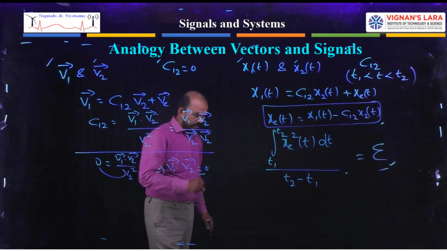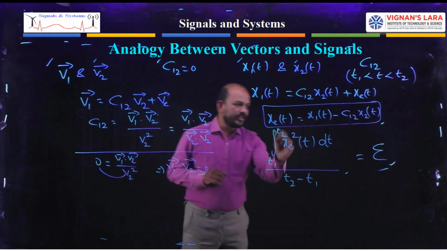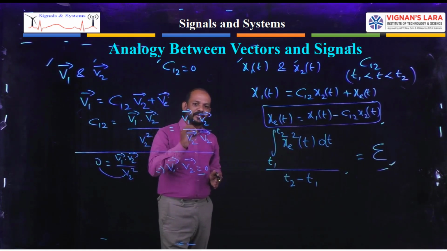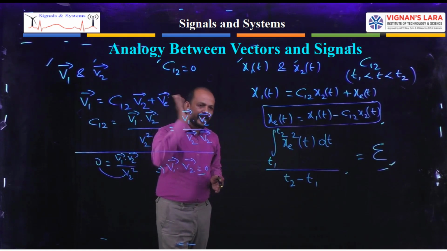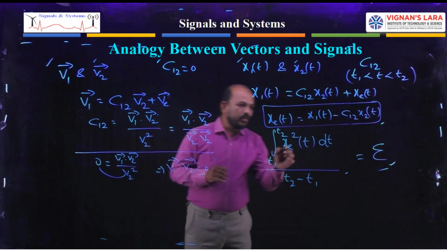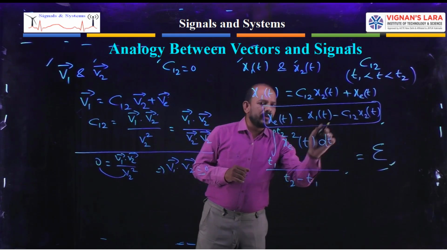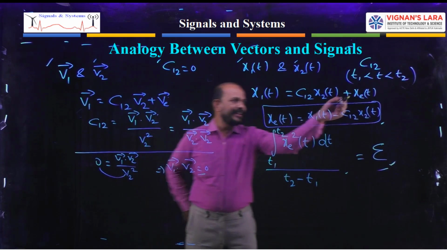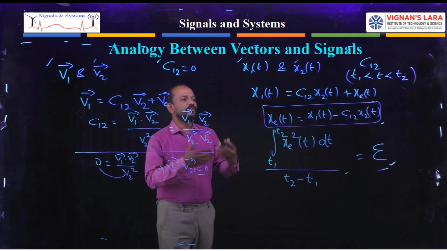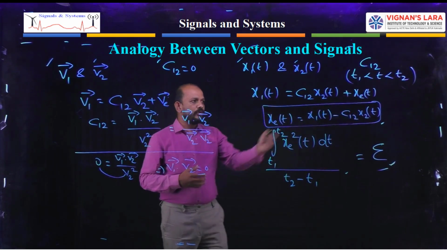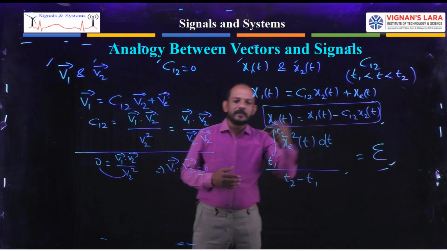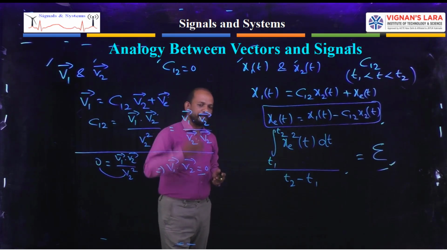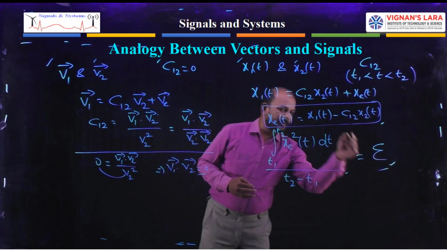Here we know the equation for the average of the squared error, which is nothing but the mean square of the error. Now this should be very minimum. If it is a minimum value, then the error is minimum. We don't have to directly minimize the error; we have to minimize it by minimizing the average of the squared error, that is, the mean square error. Okay. So we have to minimize this.